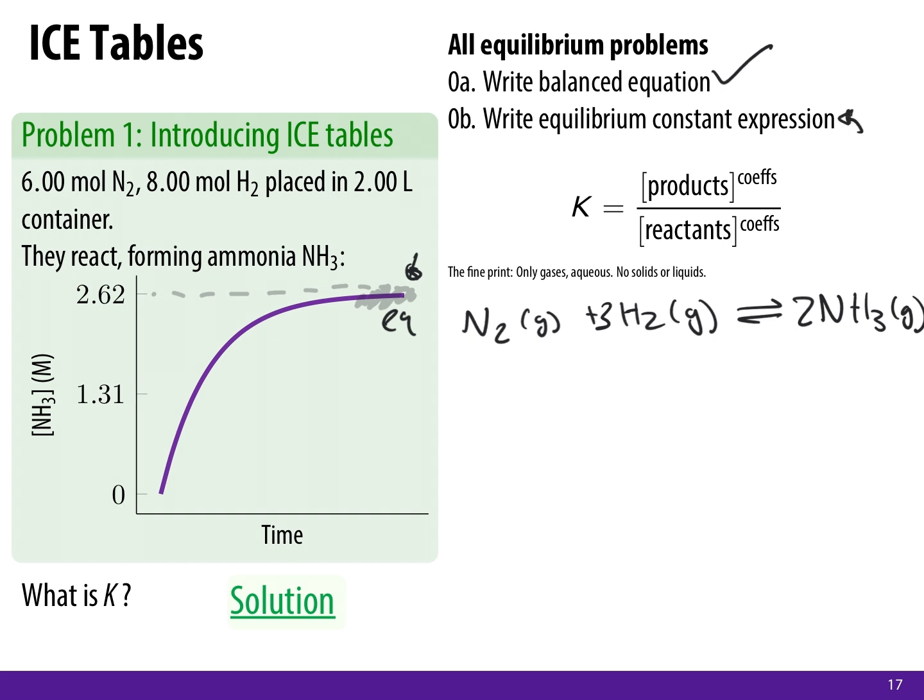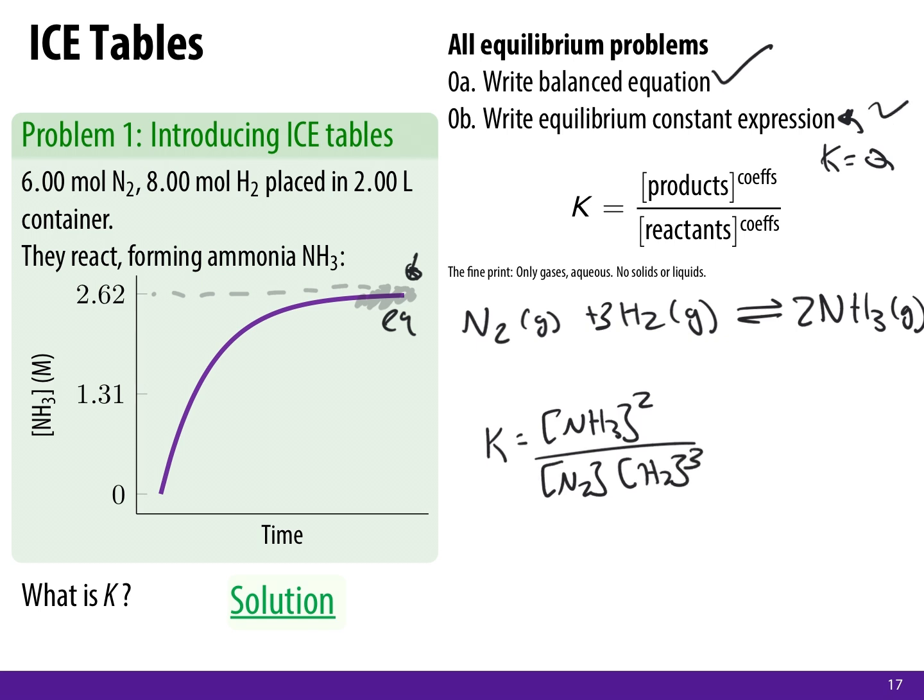For the equilibrium constant expression, this is that K is equal to Q expression. So now that we have the balanced equation, we can write that expression. The equilibrium constant K is equal to our products, NH3 squared, divided by N2, which has a coefficient of 1, so the power is 1, and then H2 cubed. So those are, again, the first two things we're always going to need to do when we're solving one of